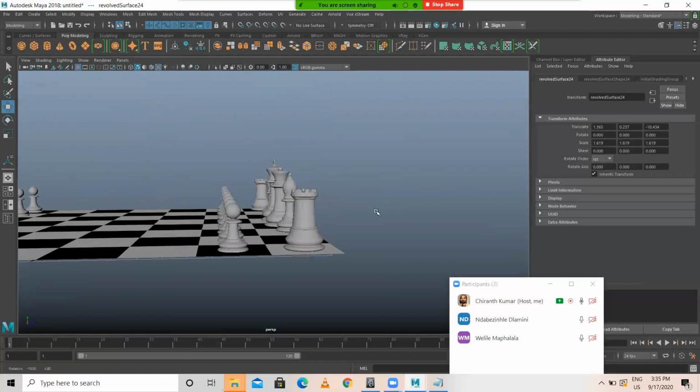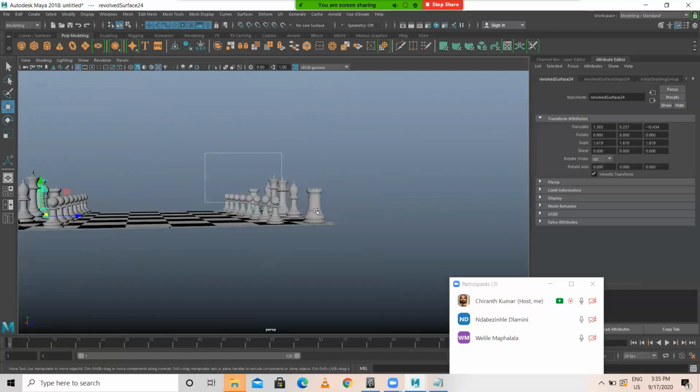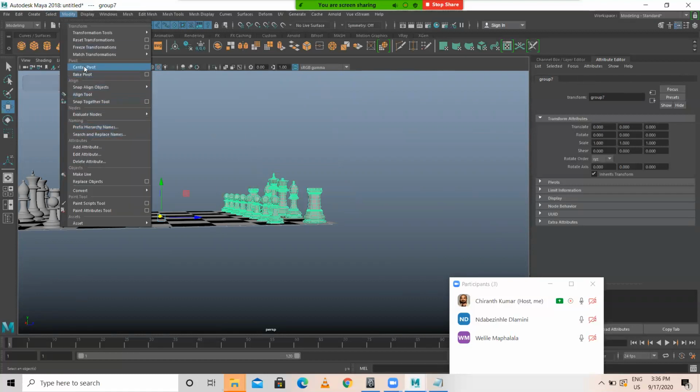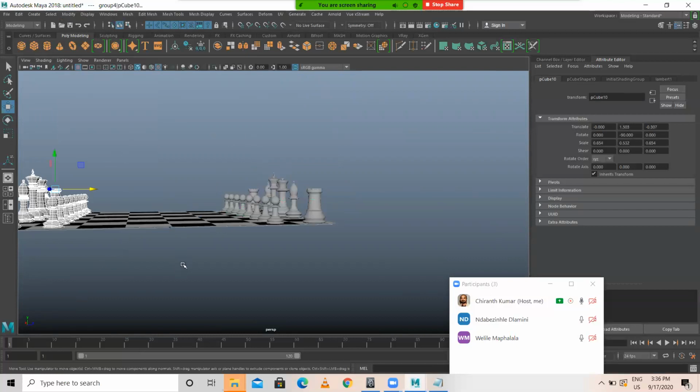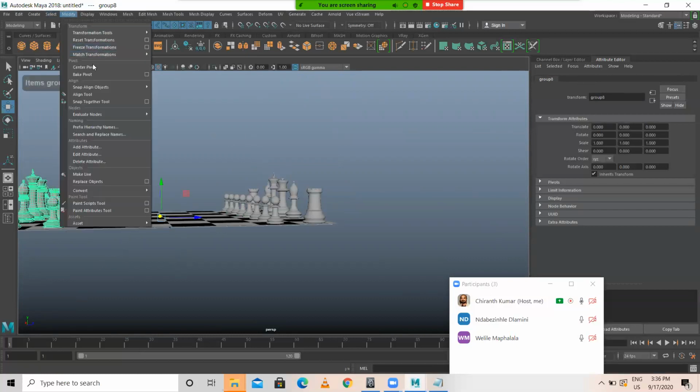Like this. Understood? So now I'm selecting all this. These are group A, team 1, team 2. So I'm selecting all this. I can group this, Control G for group, modify center pivot, and I'm selecting all this. Control G for group, modify center pivot.